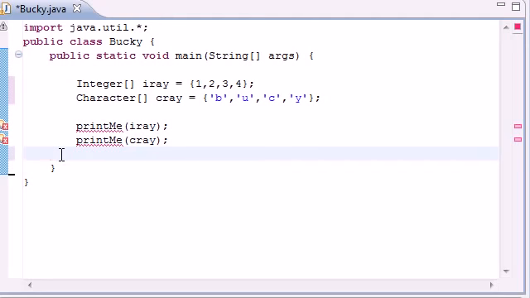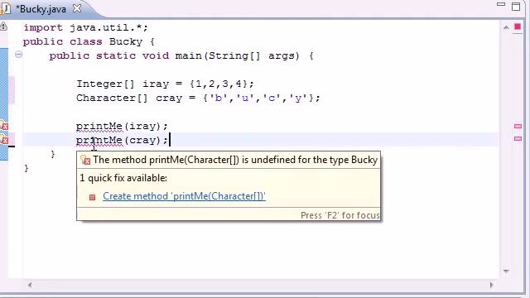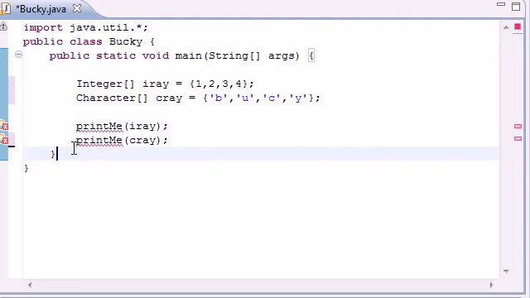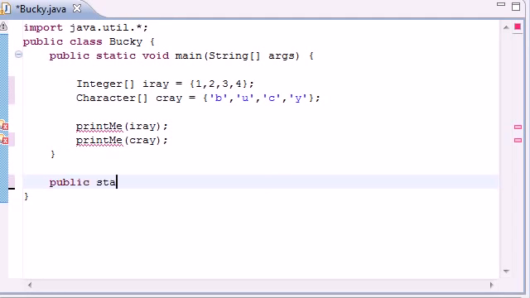So we got a little error here, and it says make sure that you create the method printMe. So let's go ahead and, outside of our main method, and this is very important, make sure you're outside it,